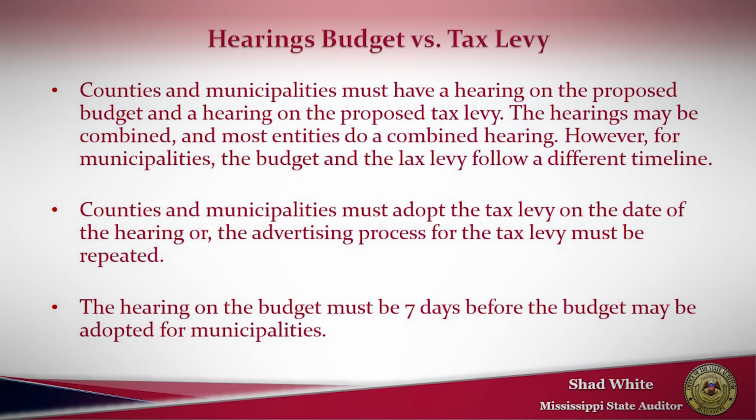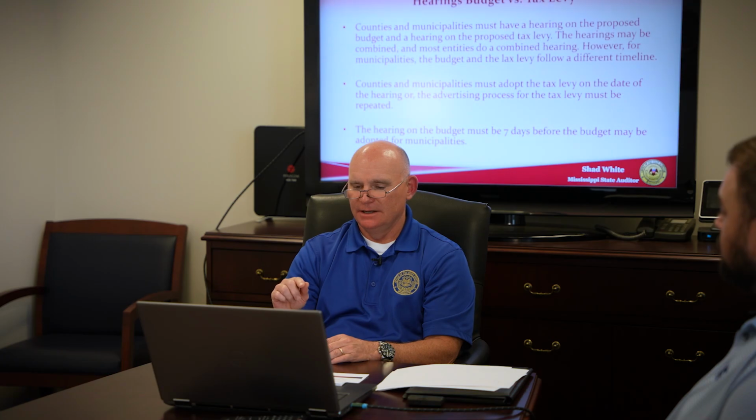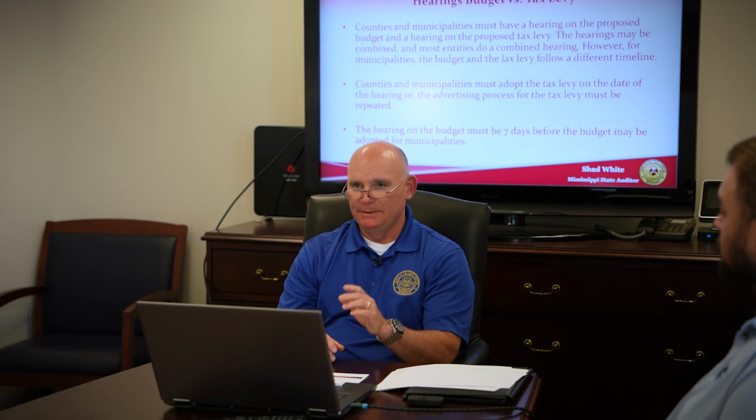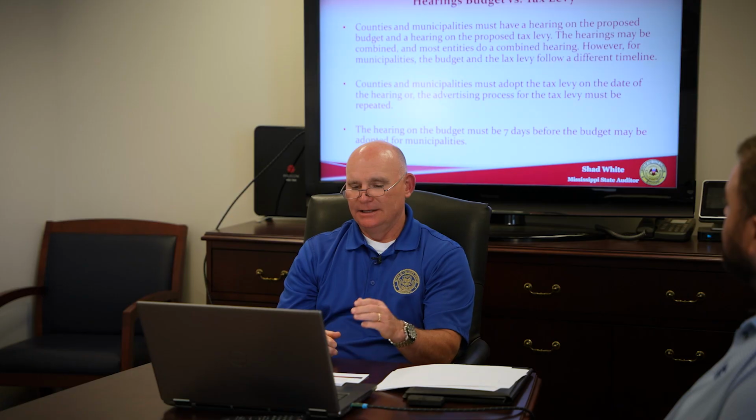Now we'll talk a little bit more about the budget and the hearing, budget versus tax levy hearing. There are 2 statutes. Municipal Statute 2135-5 says you have to hold a public hearing 1 week prior to the adoption of the budget, have advance notice, and you need to adopt a budget 1 week after. The budget has to be posted or published in a newspaper. It can be posted, rather than published in the newspaper, if your population is under 1,500. The next statute,